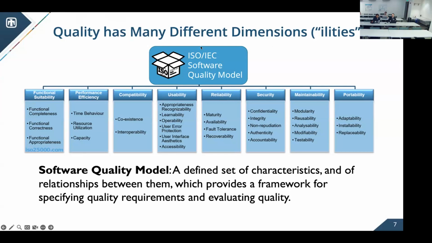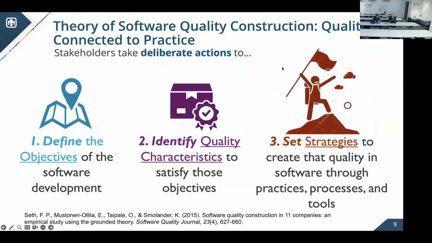So when we talk about theory, in my mind, I'm thinking really in terms of the theory of software quality construction. So from a theoretical perspective, when I'm talking about quality, what I mean is that there are objectives that stakeholders have, right? And then based on those objectives, they define certain quality characteristics, like we need our software to run on these different HPCs, so it needs to be portable to those different HPCs. So those are quality goals. And then they set strategies in how they work and what they do in order to realize that quality through their practices, processes, tools, designs, right? And so there's a direct connection in my mind when I talk about quality and practice,